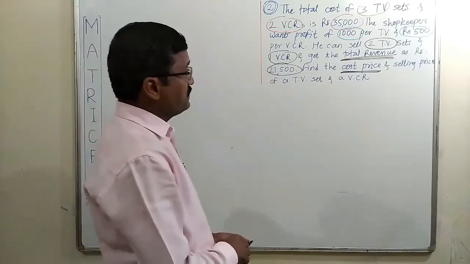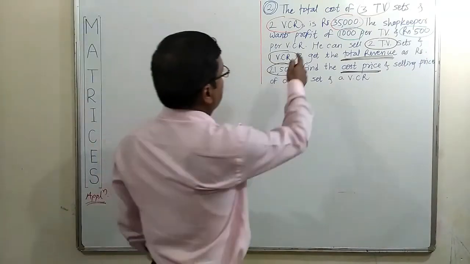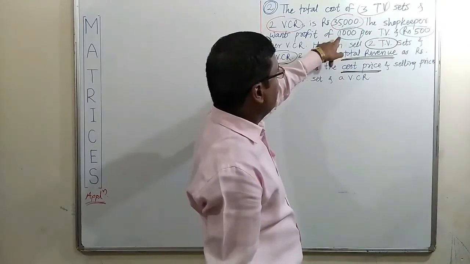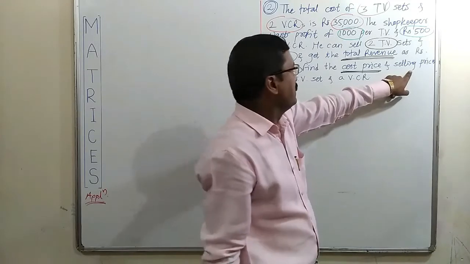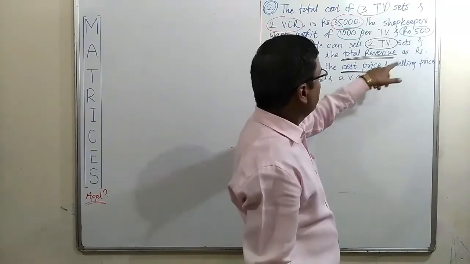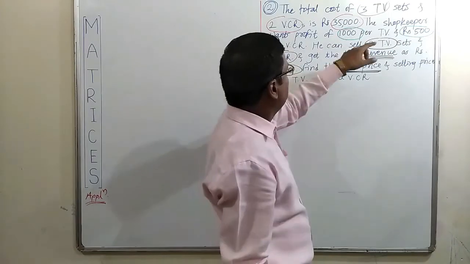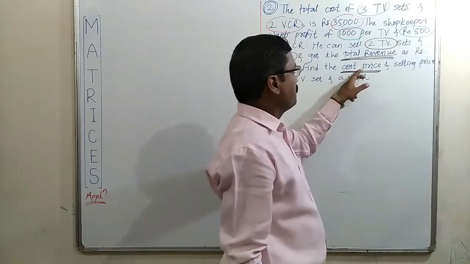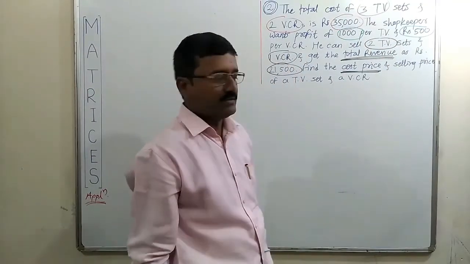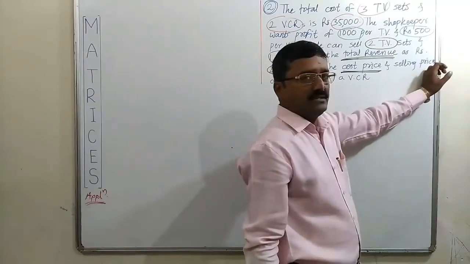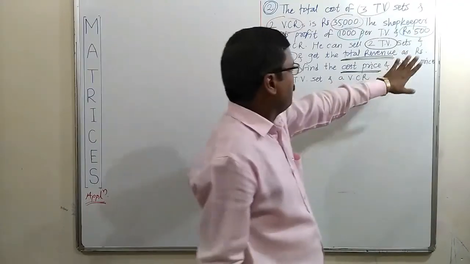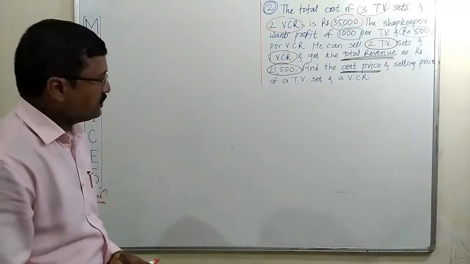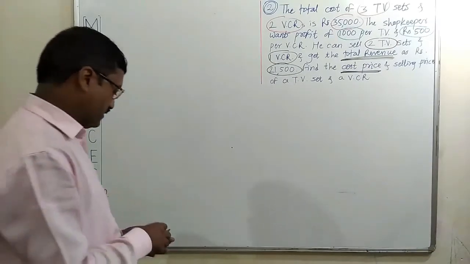Here we have to find the cost price. Actually, here the shopkeeper earns a profit of 1,000. Obviously, if you find the cost price and add this 1,000, then it will become the selling price. If you find the cost price of the VCR, the rupees 500 is its profit, so if you add 500 to the cost price of the VCR, you will get the selling price of the VCR. So there is no need to find the selling price in the initial steps. At last we can find those selling prices. First we will find the cost prices of each item here. So let us consider the cost prices.